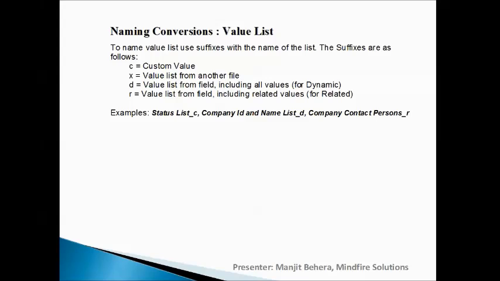First, small c stands for the custom value. X stands for rendering data from a value list from another file. D stands for a dynamic list coming from a related table field, and R stands for the related values, that is coming from a particular